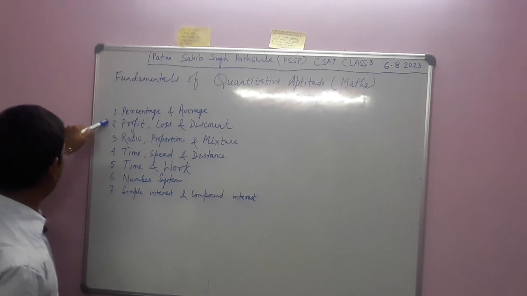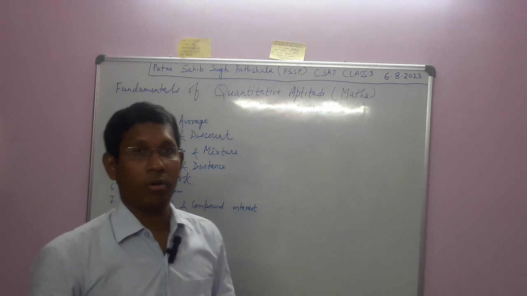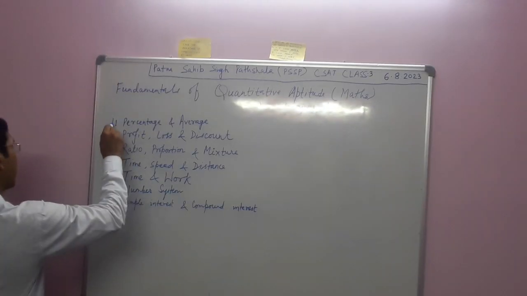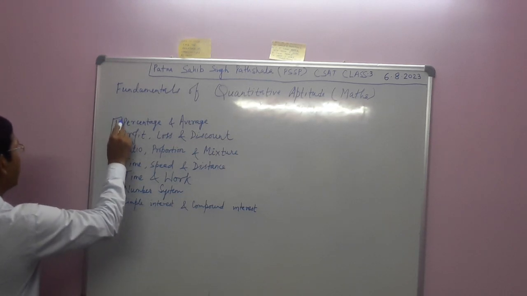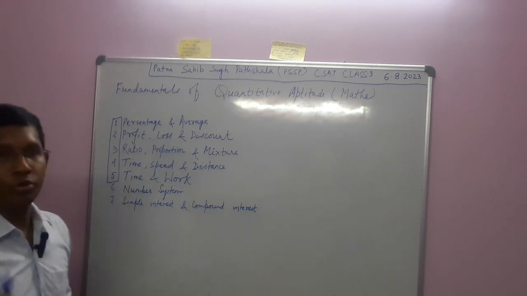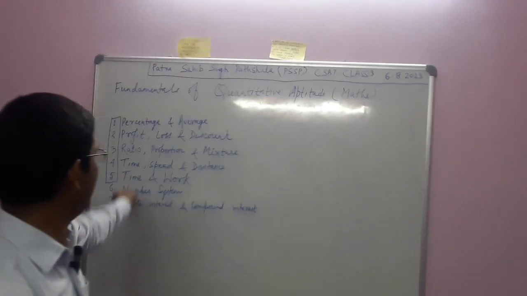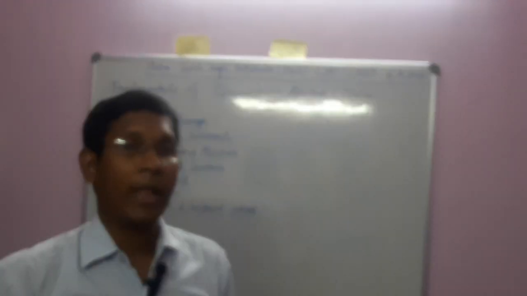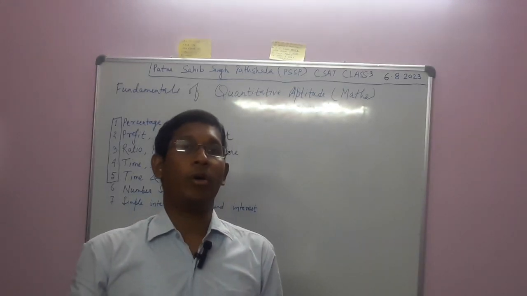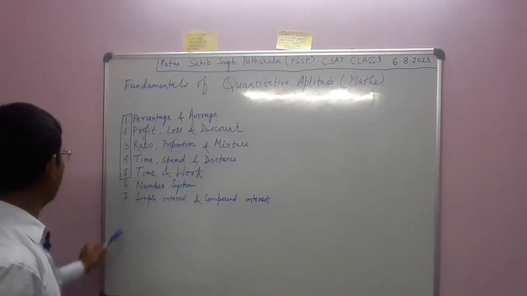So you have to first make the major portion of the question paper secure, because most of the questions you will find from these five sections, and these are the easy questions. So we have to first ensure our selection, and next we can perform better for our excellence. We will first do these chapters and after that the others. So let us start with